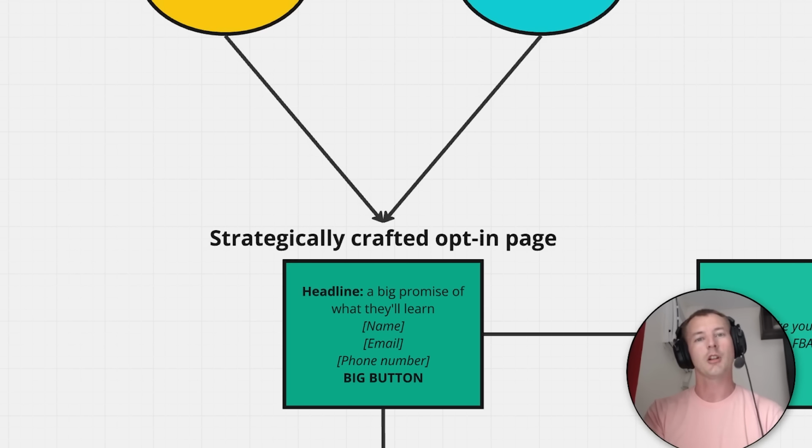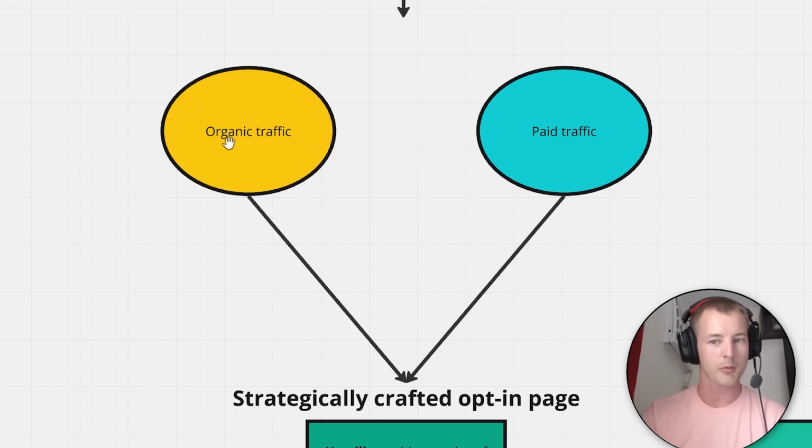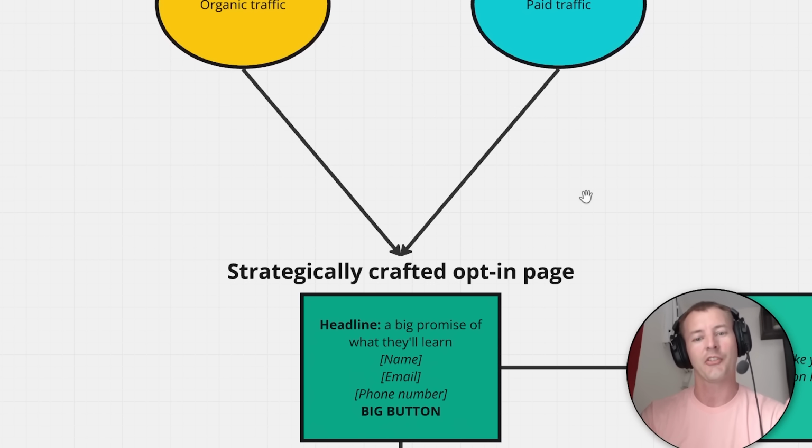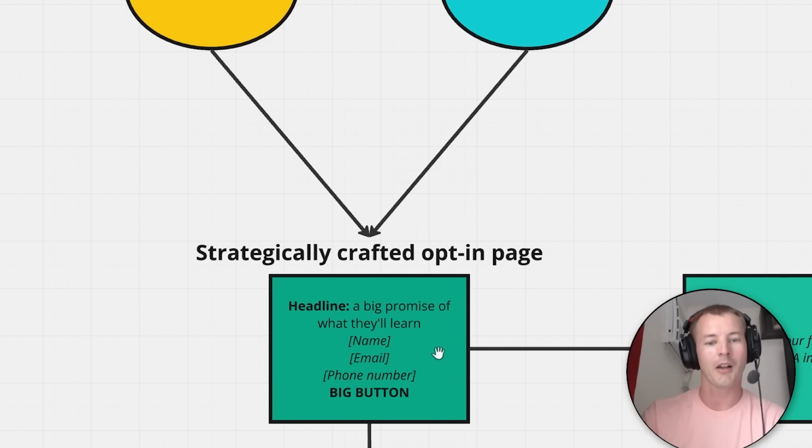The information about the webinar is going to be in the content that you're creating on social media or in the ad creatives that you're making. The opt-in page itself is completely stripped down to just the headline and then the opt-in information and then the button itself. Because the headline is really the only information that they're getting when they land on this page, you want it to hit really hard. You want your headline to completely summarize exactly what the webinar is and why they